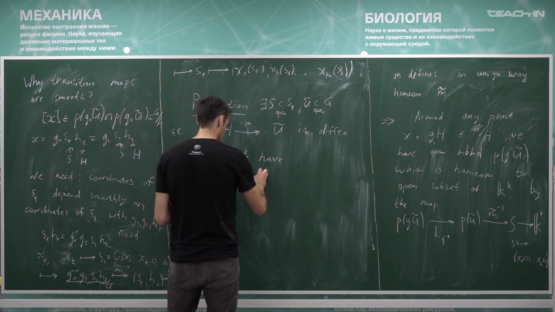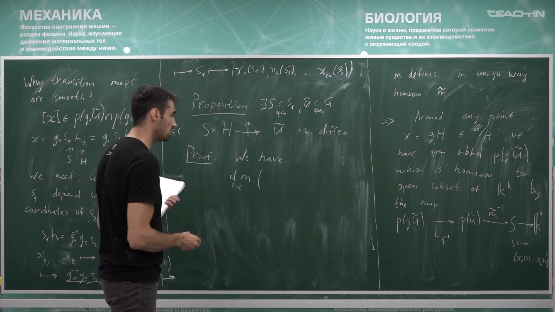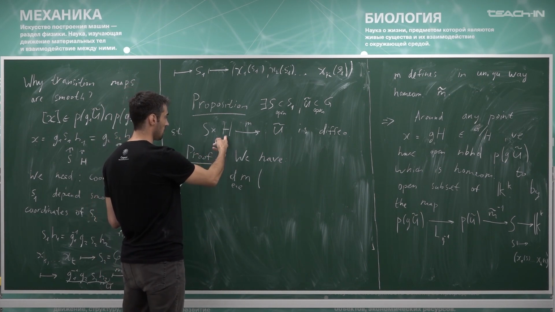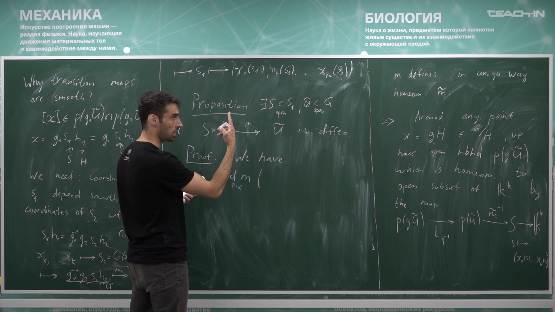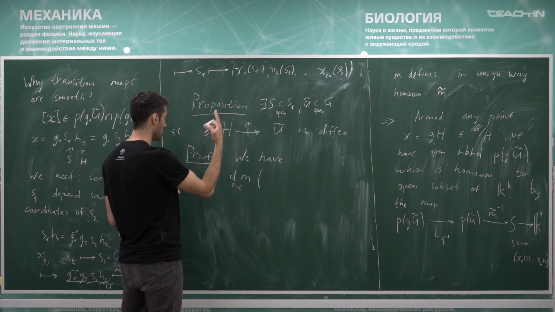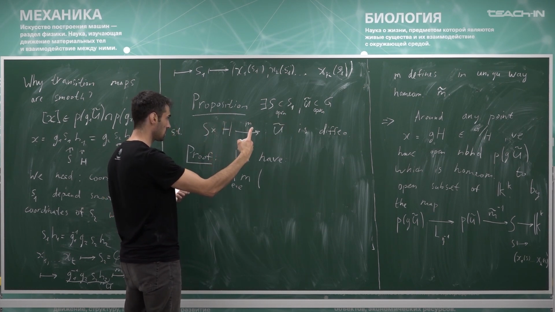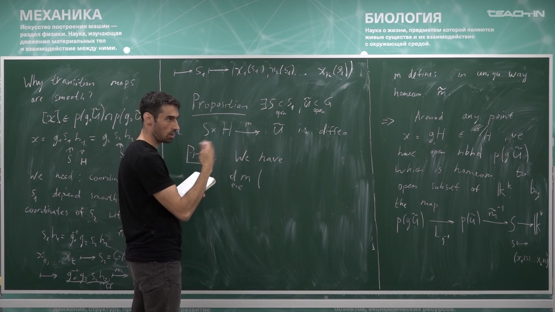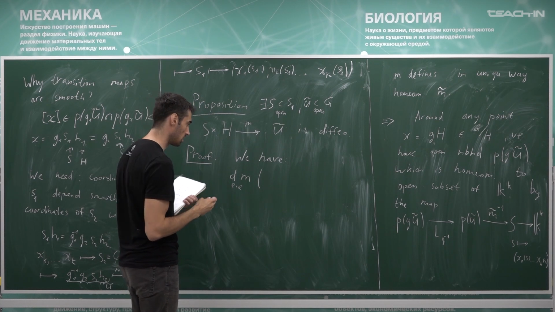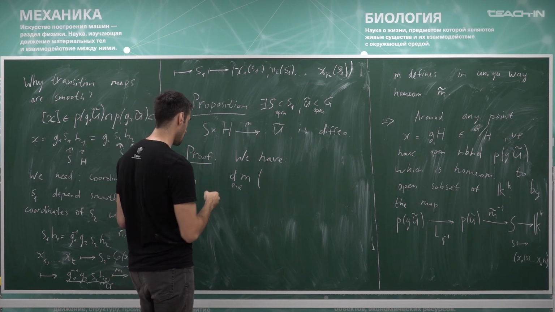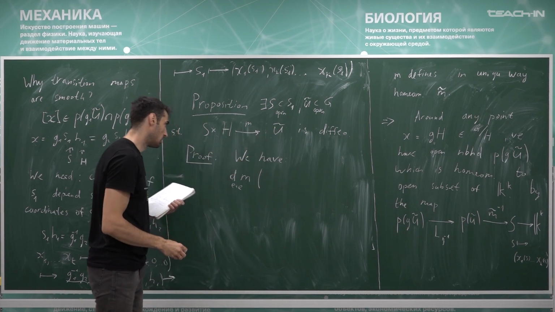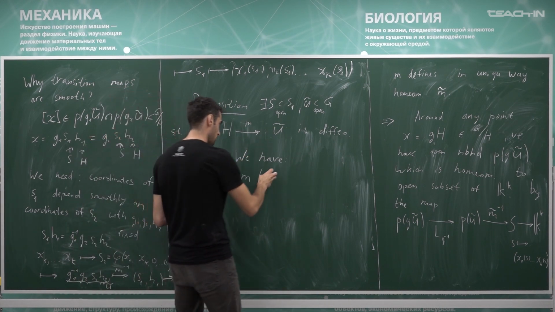I already have coordinates here. On H I have coordinates from k plus 1 to xn. On S I have coordinates from x1 to xk. On U tilde I have coordinates from x1 to xn. So I have the tangent space at E times E here and at E here, and I claim that